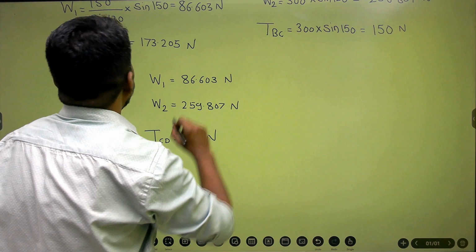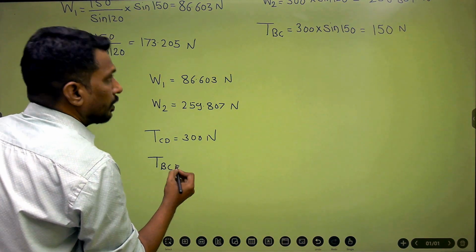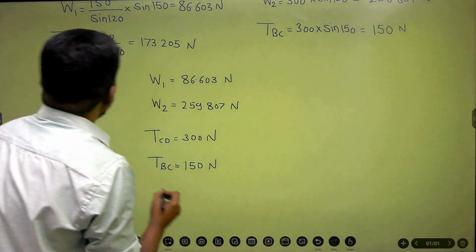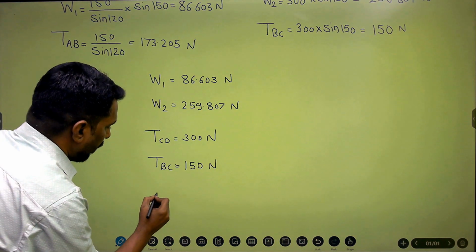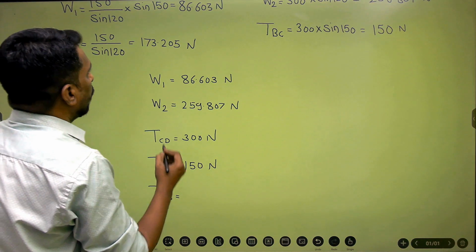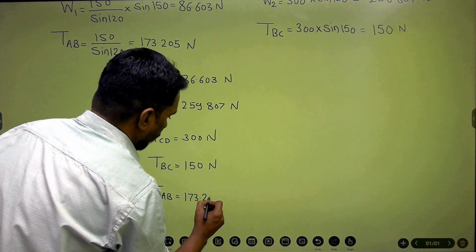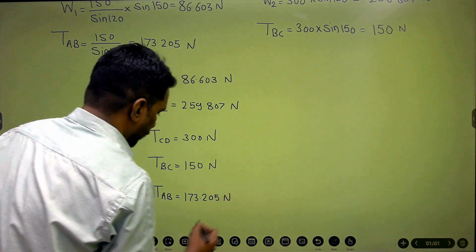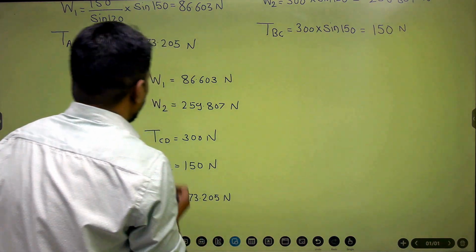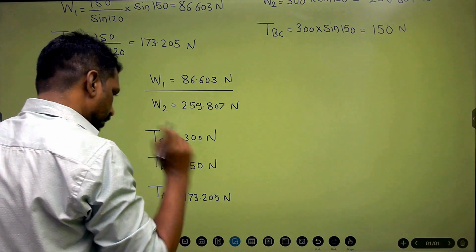Then we have TBC, which is equal to 150 Newton. And finally, we have a value of TAB, which is equal to 173.205 Newton. So these are the final values